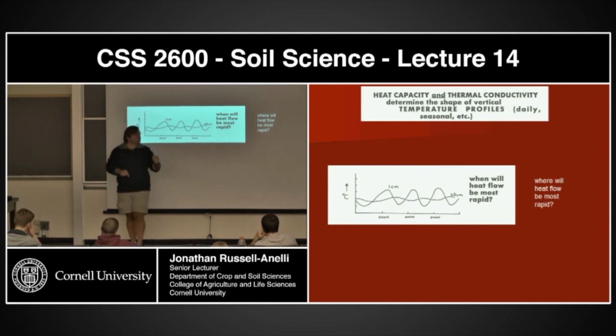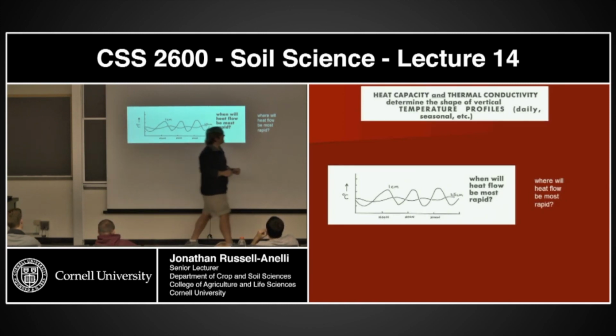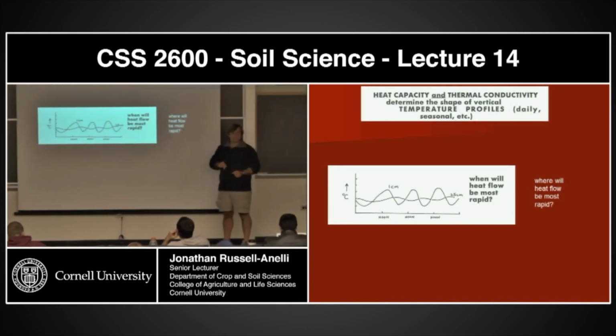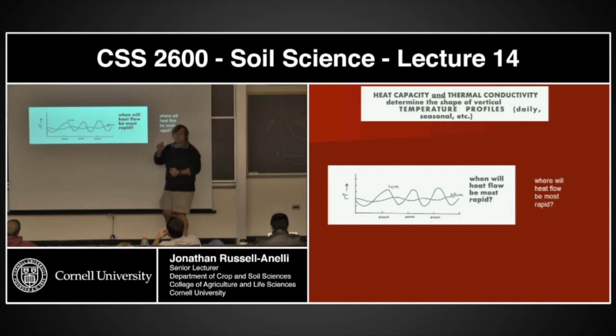Okay? Now, I've posed two questions here. The first is, when will heat flow be most rapid? And the next one is, where will heat flow be most rapid? Same location in essence, and time. They basically correspond to each other. Okay, if I'm moving from high temperatures to low temperature, you certainly should look for the high points temperature-wise, and then look for the cool points, because that's where the energy is going to be transferring. Okay, so